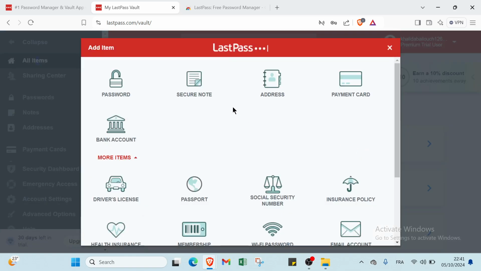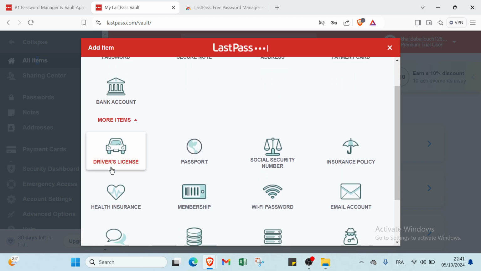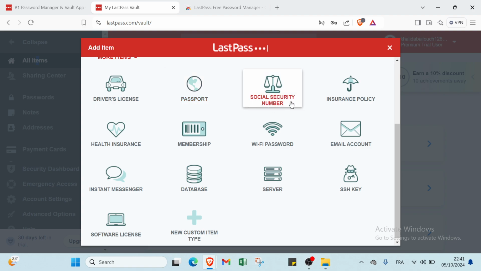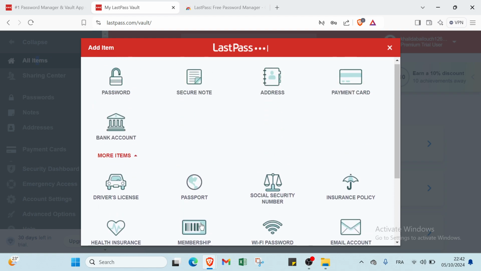You just have to try it. We have here various items. So for example, password, secure note, address, payment card, bank account. And we have other things like driver's license, passport, social security number, insurance policy, health insurance, membership, Wi-Fi password, email account, instant messenger, database, server, and we have software license. And if you want to add a new custom item type,